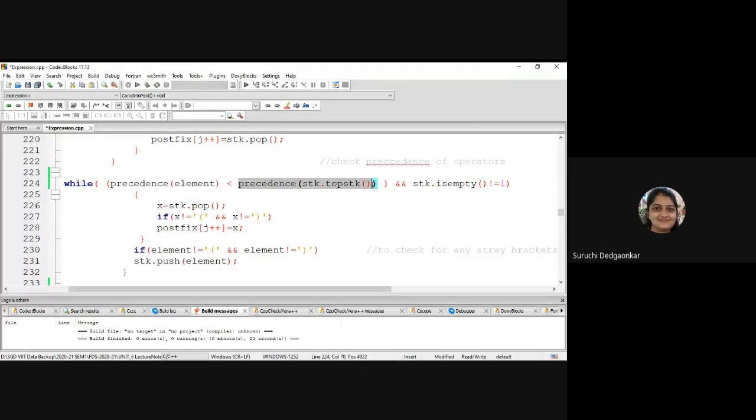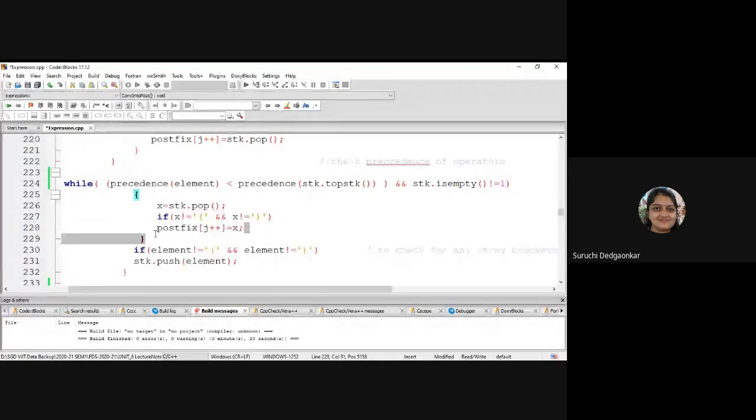And if in the stack we have higher precedence operators, all the higher precedence operators are popped from the stack and copied into postfix.